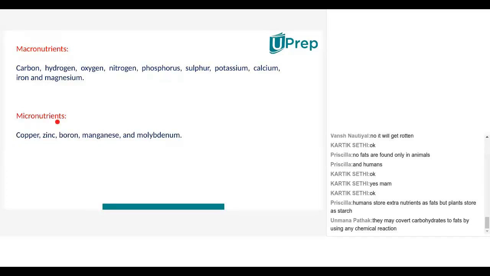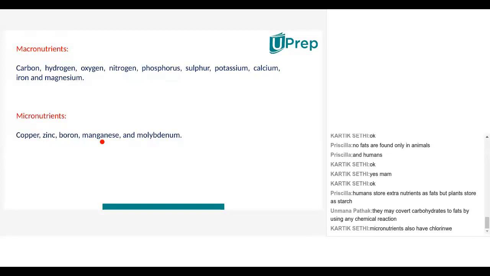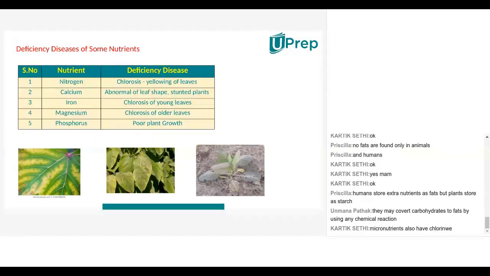Right? So micronutrients are copper, zinc, boron, manganese, and molybdenum. These are required in very little amount. As I said, trace elements. Ma'am, chlorine is also required in micronutrients. Yes, chlorine is also required. Chloride is also required in micronutrients, but very little. Too much of chloride or too much of chlorine could lead to toxicity, or the plants might not grow